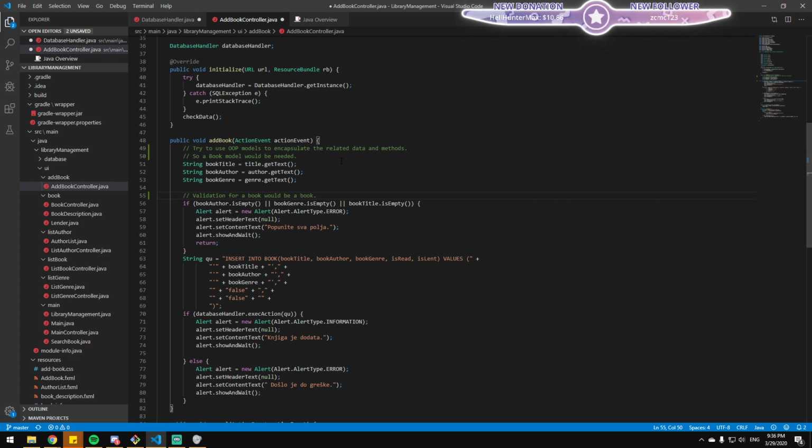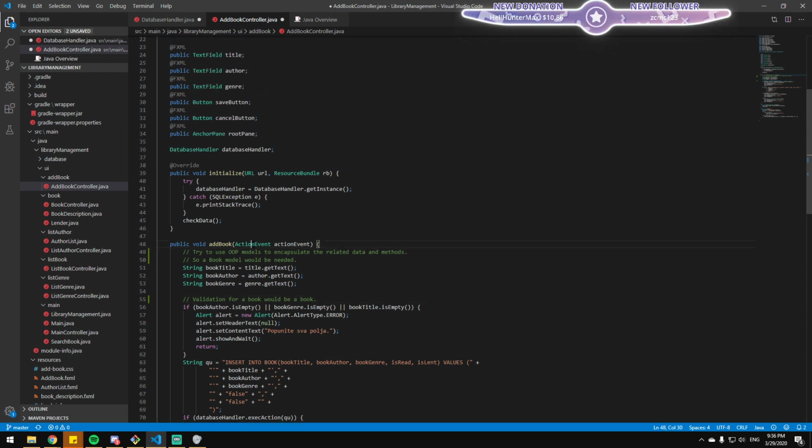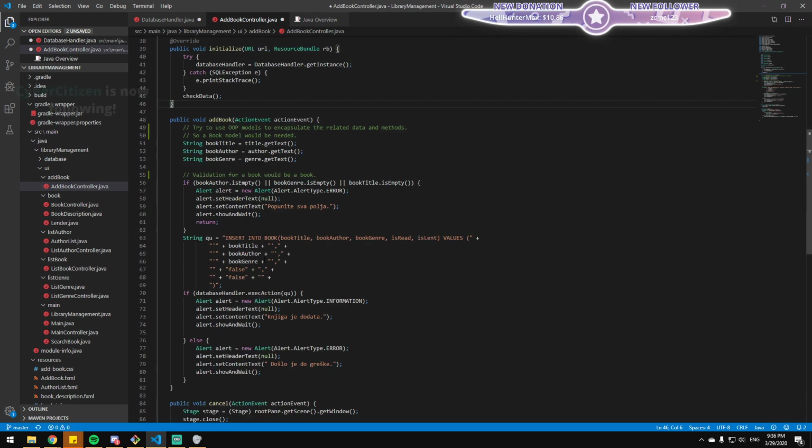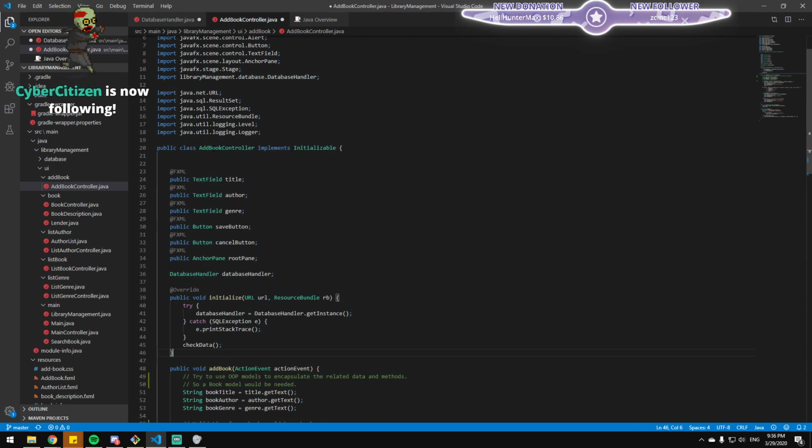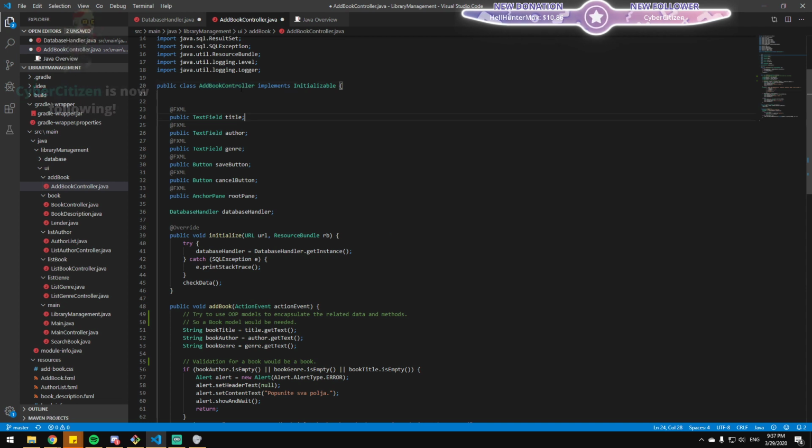So basically, what is action event in Java? Event handler? Yeah, it's just a normal event. Just being a controller, what does it mean that it's a controller? It's not the same as ASP.NET controller, right?